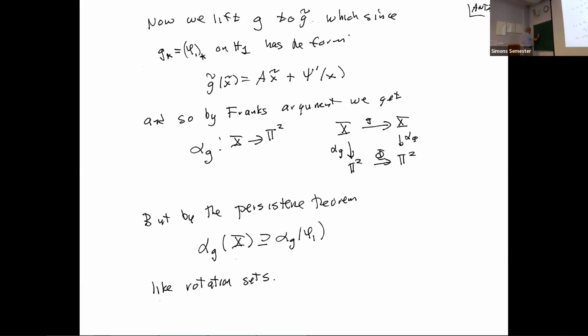So alpha G X is contained in alpha E of X. All right, so this is an expression of the persistence theorem. The whole goal here was to find coordinates. So this gives a set of coordinates, asymptotic coordinates, the image of the Frank's map, which encapsulates all the dynamics